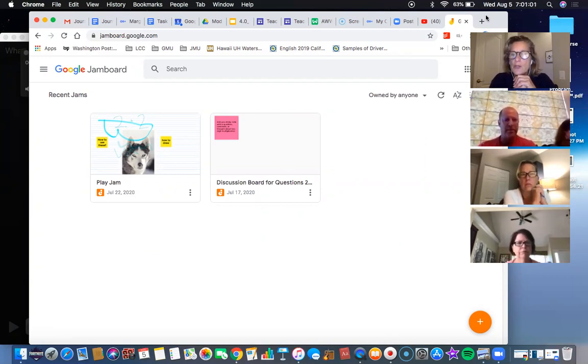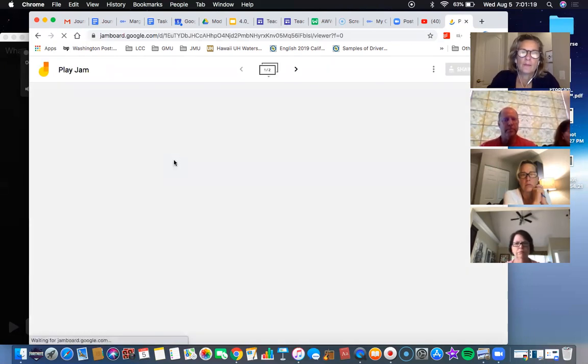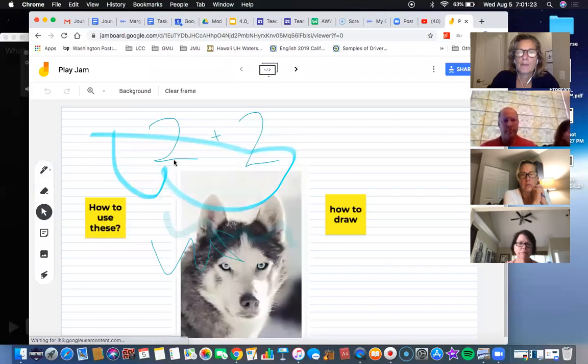And so let me just show you Jamboard. If you haven't used that, Jamboard is Google's answer to a whiteboard. And the cool thing is it's Google, so it marries up with all things Google. We can go to this one here that I was just playing around with. And Jamboard also has the ability to add more frames, but again, it has some